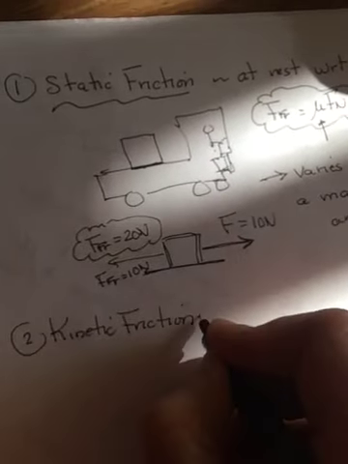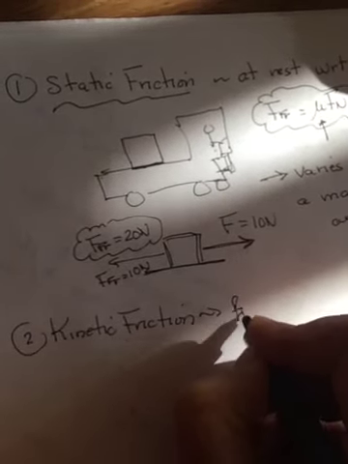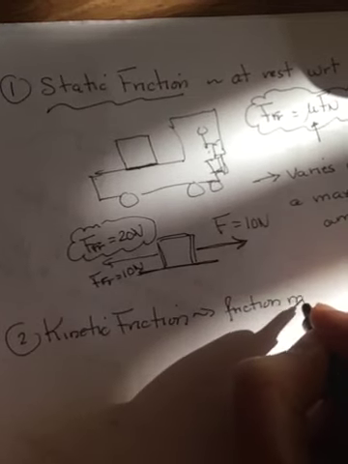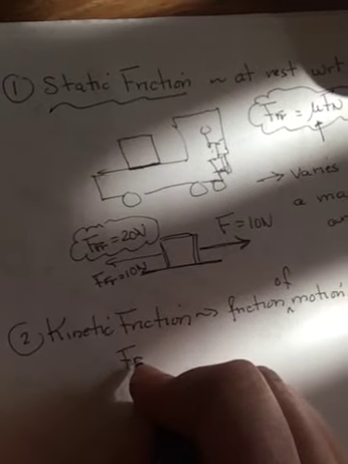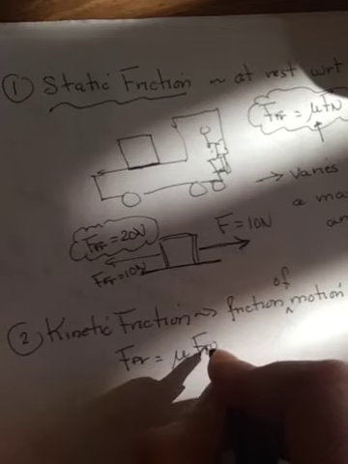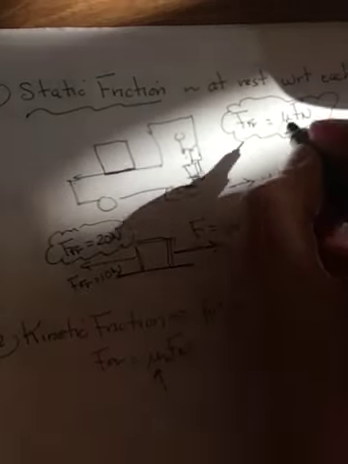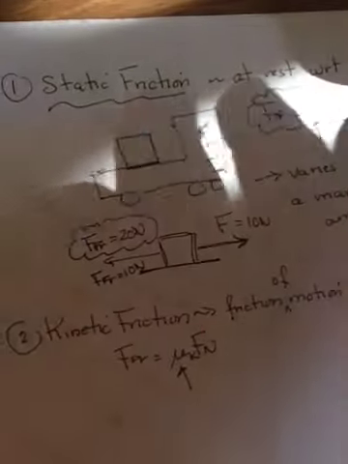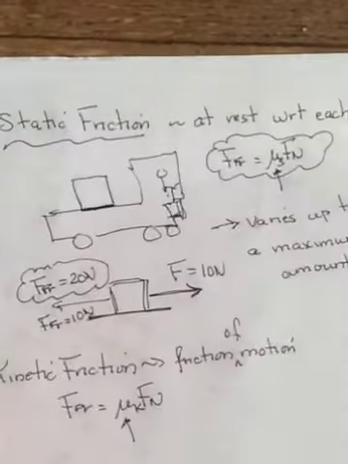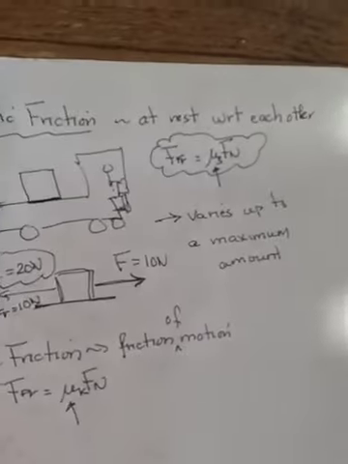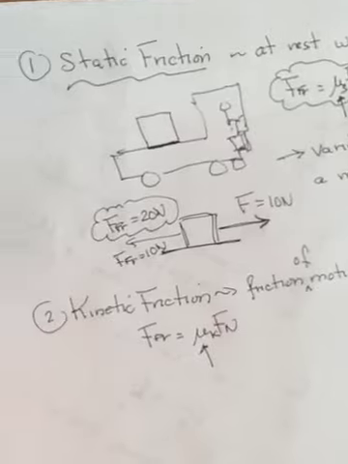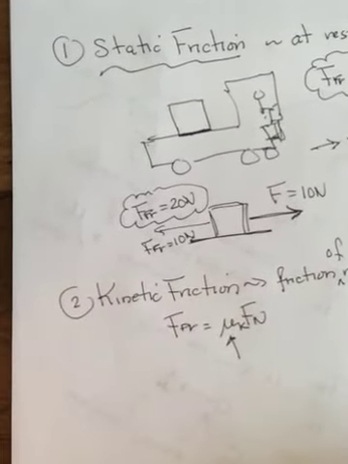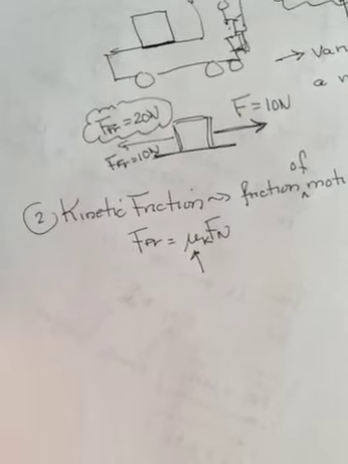Okay, and kinetic friction is friction of motion. So it's the friction between two objects that are moving with respect to each other. It also obeys FFR equals mu Fn, but its mu's are different. They're kinetics, where these guys are statics. So when you look at your table on page 140, you will see two columns, one for static and one for kinetic, for different surfaces. You will also see that the static one is always bigger. Why is it always